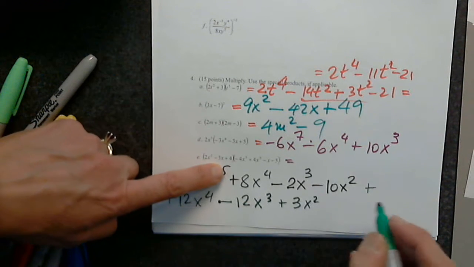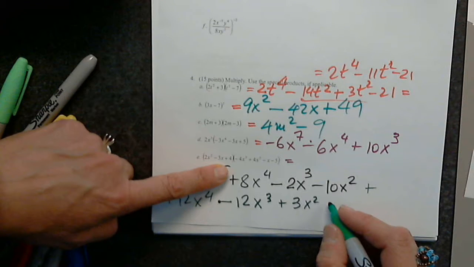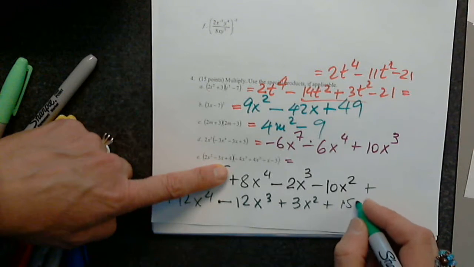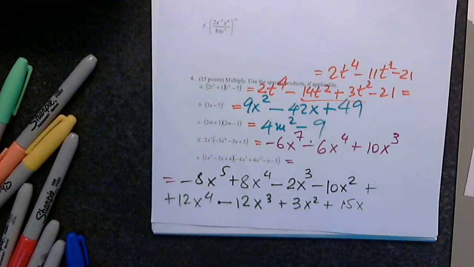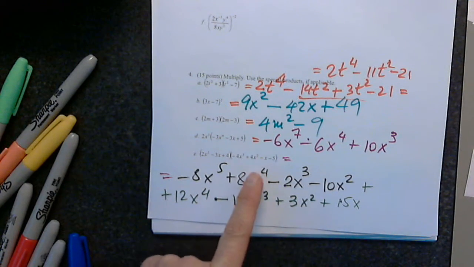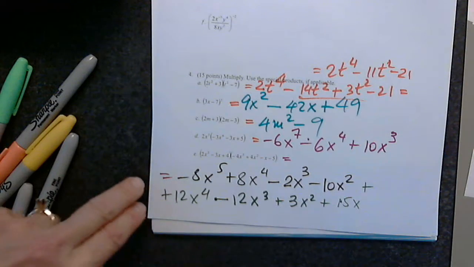3x to the 2nd. Awesome. And plus 15x. Perfect. Great. Now we have one more term to distribute, which is 4. The 4 from the trinomial needs to be distributed to all 4 terms in the polynomial. So then,